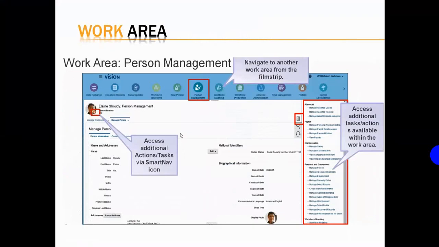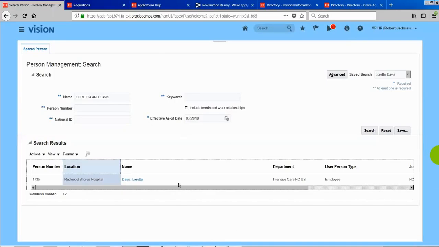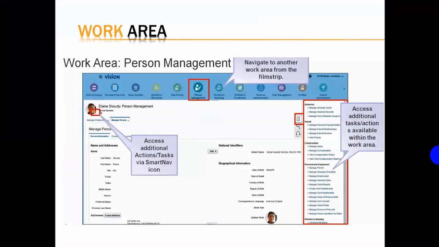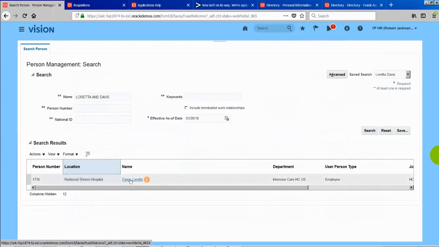There are a few more things I wanted to cover. Maybe we have 8 more minutes; I think it will finish in 8 more minutes. Sometimes whenever we click on any person, you have something called an i here. Whenever you see an i, it is called information, and it's also called smart navigation. If you click on this, it will show what actions you can perform on this person.